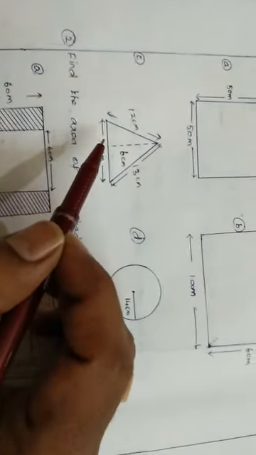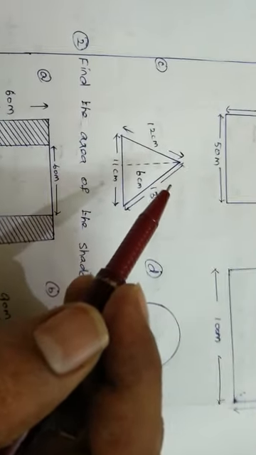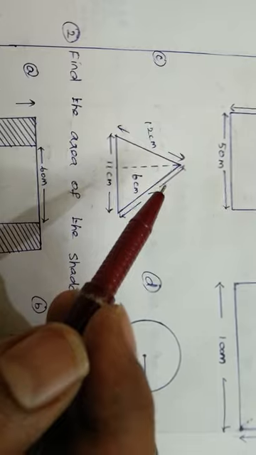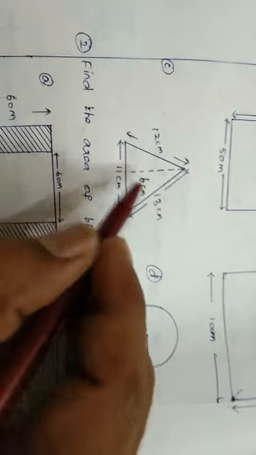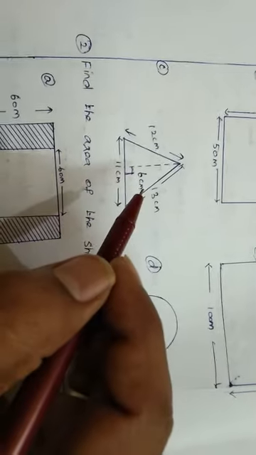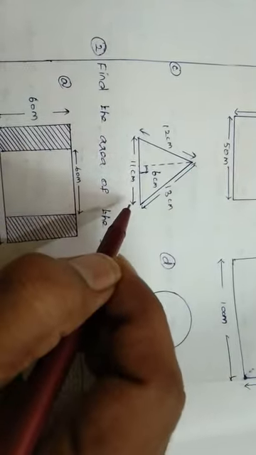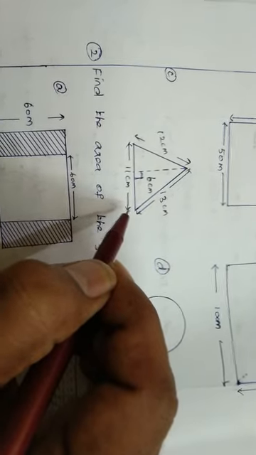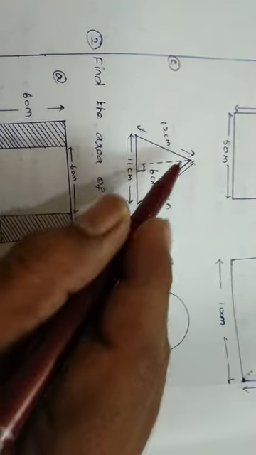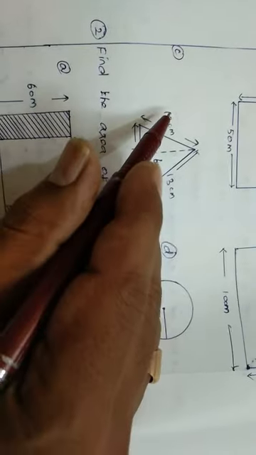So here don't get confused with the data, because I have given it to clear our doubts. This one is the height, because it's a perpendicular symbol, it's given like that, which means the height is 6 cm, base 11 cm. So area is 1 by 2 base into height, base 11 and height 6, substitute. Perimeter is the sum of all the sides, 1, 2, 3, sum of all the sides is the perimeter, right?